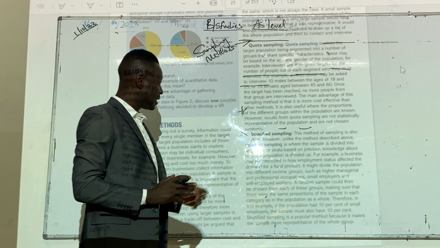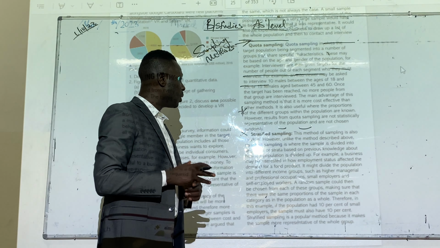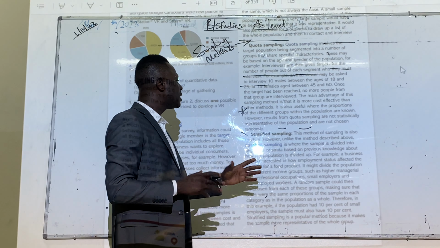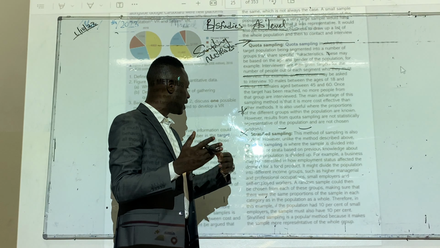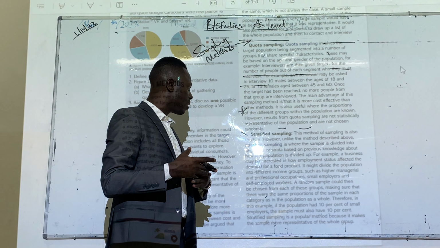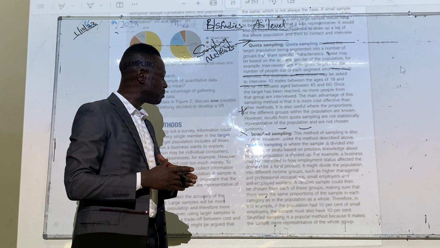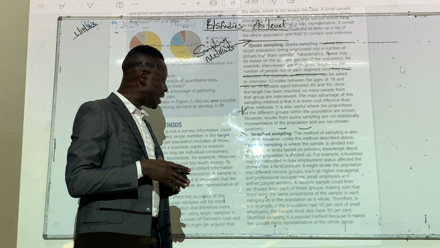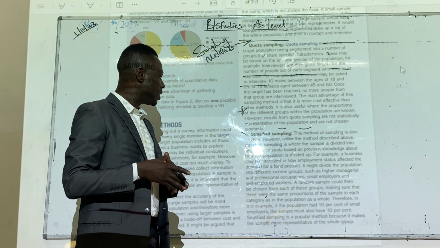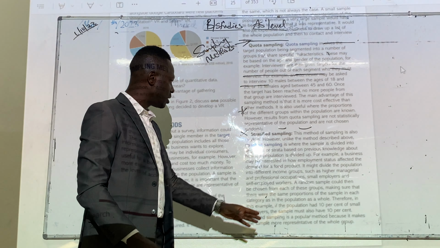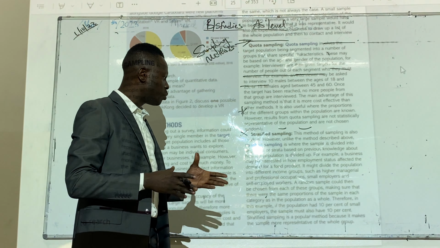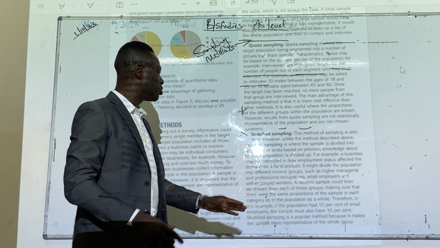this method of sampling is also random. However, unlike the method described above, stratified sampling is where the sample is divided into segments or strata based on previous knowledge about how the population is divided up. For example, a business may be interested in how employment status affected the demand for food products. It might divide the population into different income groups, such as higher managerial and professional occupations, small employers and self-employed workers. A random sample could then be chosen from each of these groups,